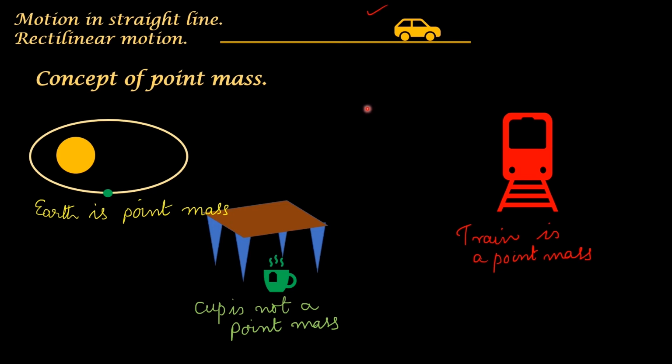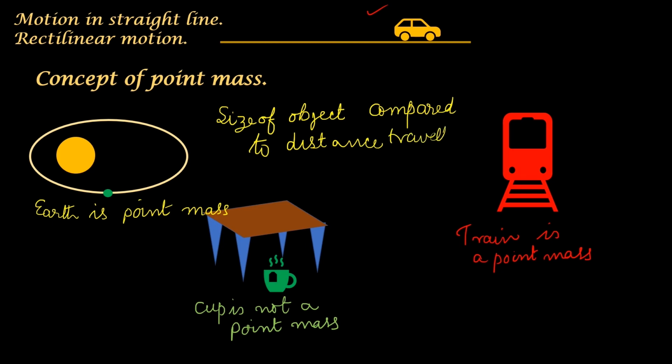So, it is not the real size or real mass of the object that is considered while determining whether an object is a point mass. It is the distance traveled by the object that is taken into consideration. If the distance traveled is great and the size is less, then it is a point object. On the other hand, if the distance traveled is less and the size is more, then it is not a